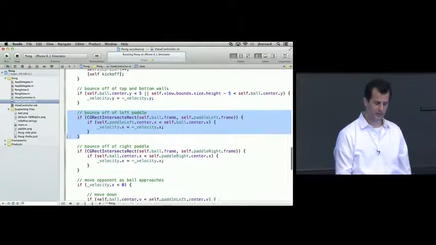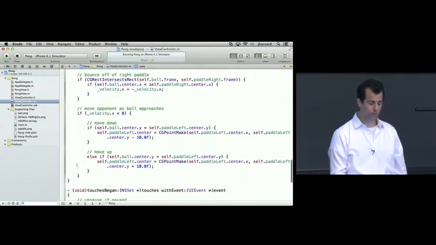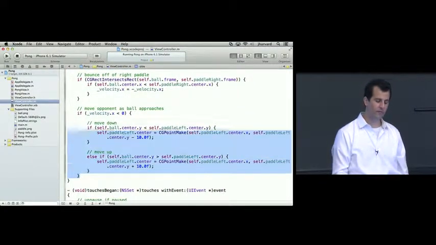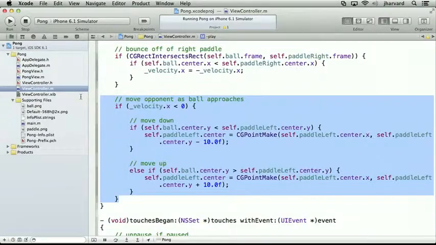Other questions here? All right, so here is my artificial intelligence. If you really want to have basic AI in your game, really all I have to do is tell the paddle to move toward the ball along